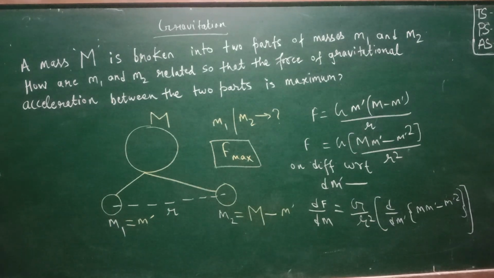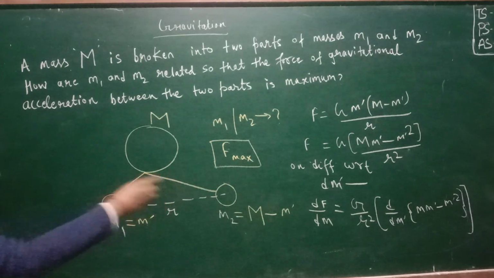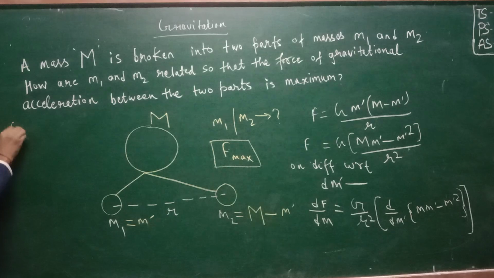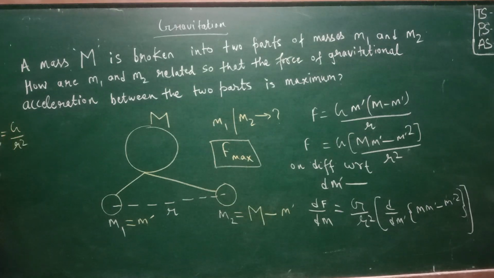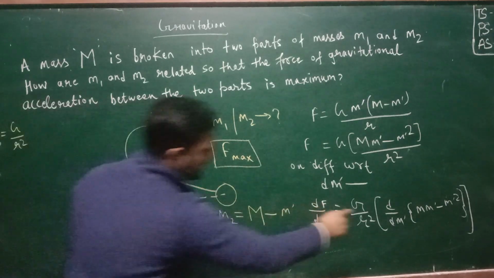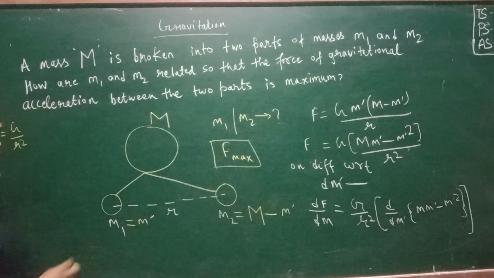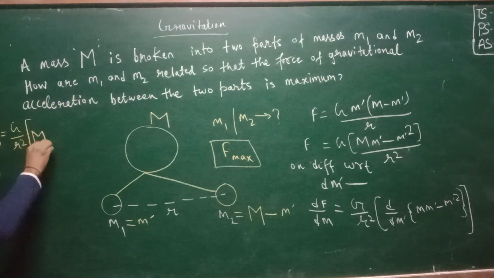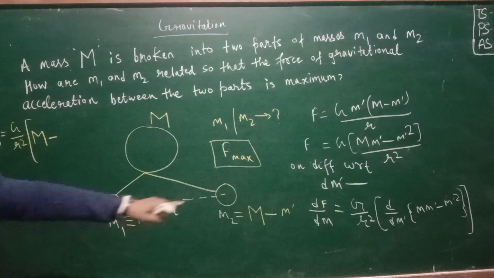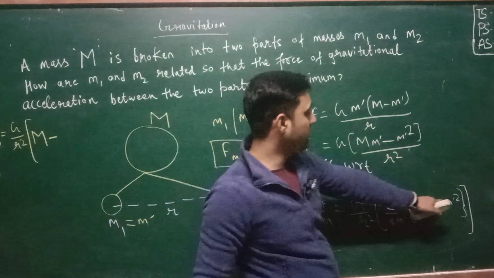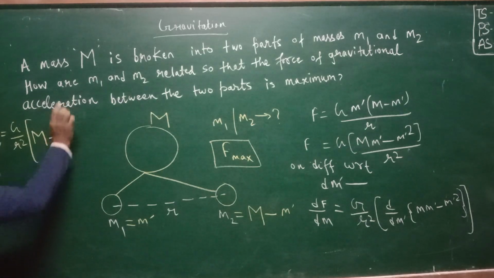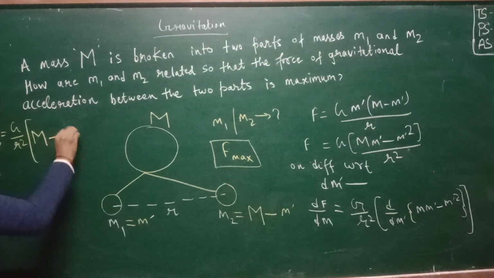यहां पे कर देते हैं, तो यहां से अगर देखें तो आ जाएगा dF/dm' बराबर G डिवाइडेड बाई r स्क्वायर। अब डिफरेंशिएट करेंगे तो यहां बचेगा सिर्फ और सिर्फ M माइनस साइन के साथ d/dm' ऑफ m' स्क्वायर, इसका हो जाएगा डिफरेंशिएशन m' स्क्वायर का 2m'।